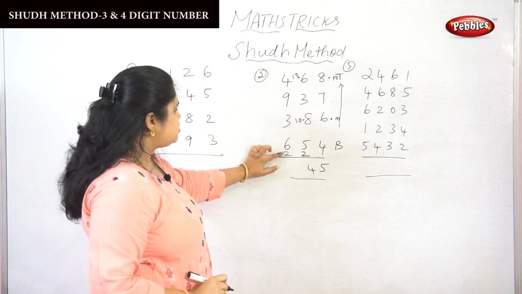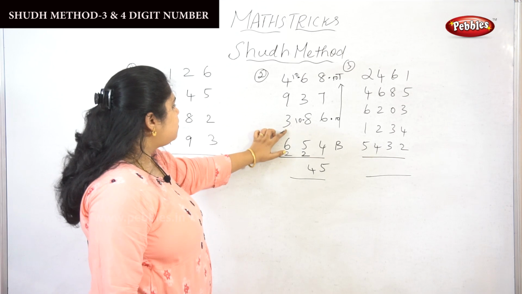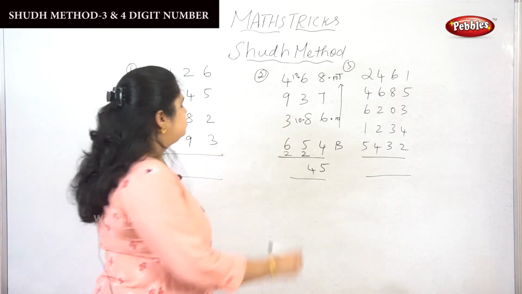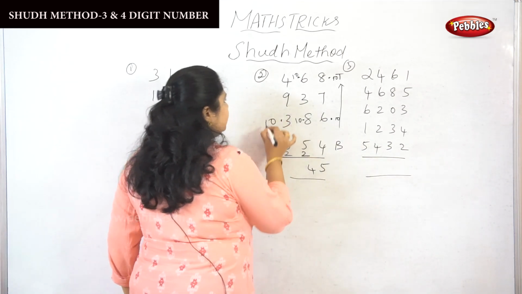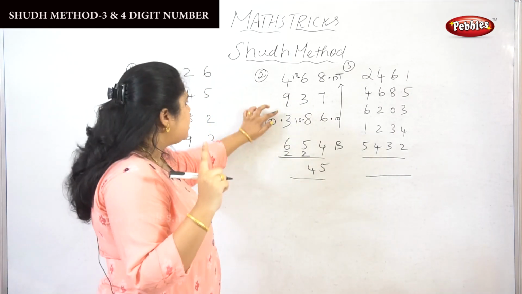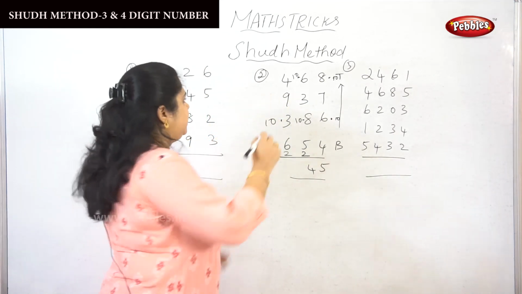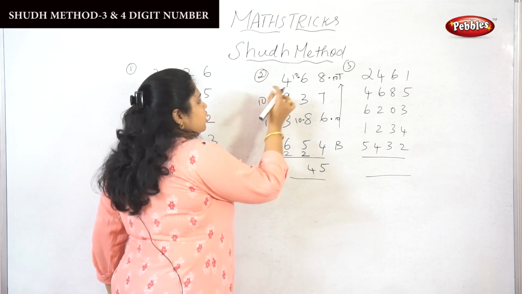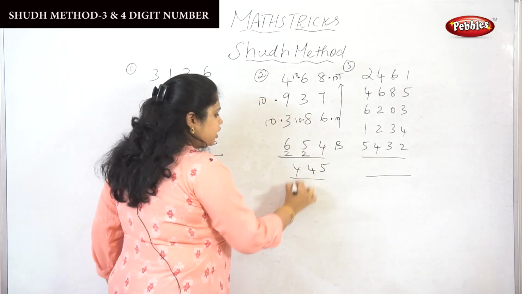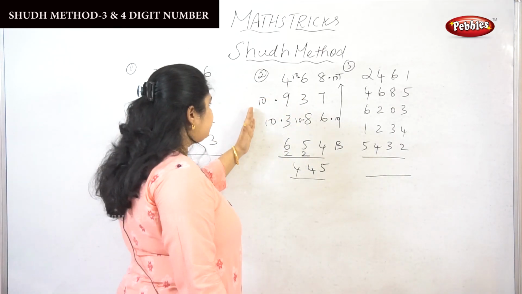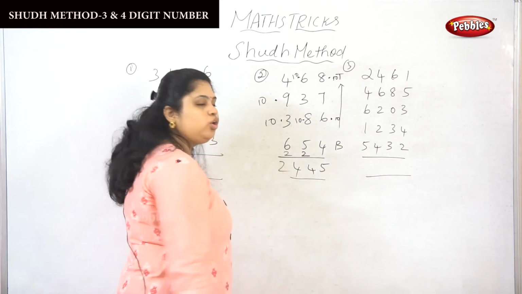Listen, 6 plus 2 is 8. 8 plus 3 is 11. So drop the 10 here. Then I take the 1 to the next number. 1 and 9 is 10. So the 10 I have just dropped here. Only the 4 will be the balance. I have written the 4 here. How many 10s have I got? 2 10s I have got. So I have written a 2.